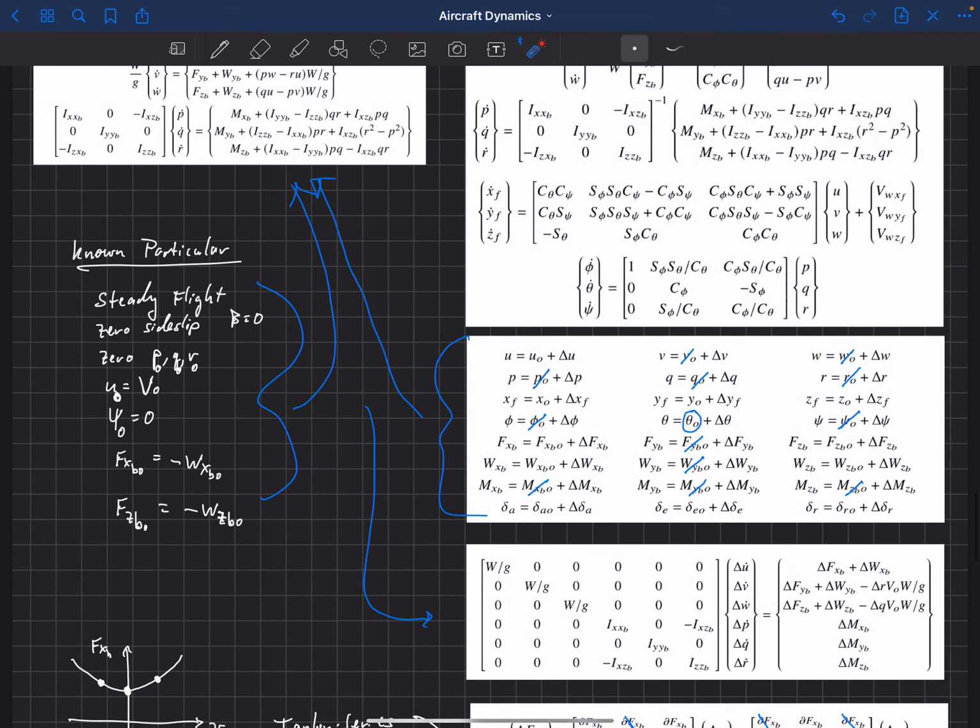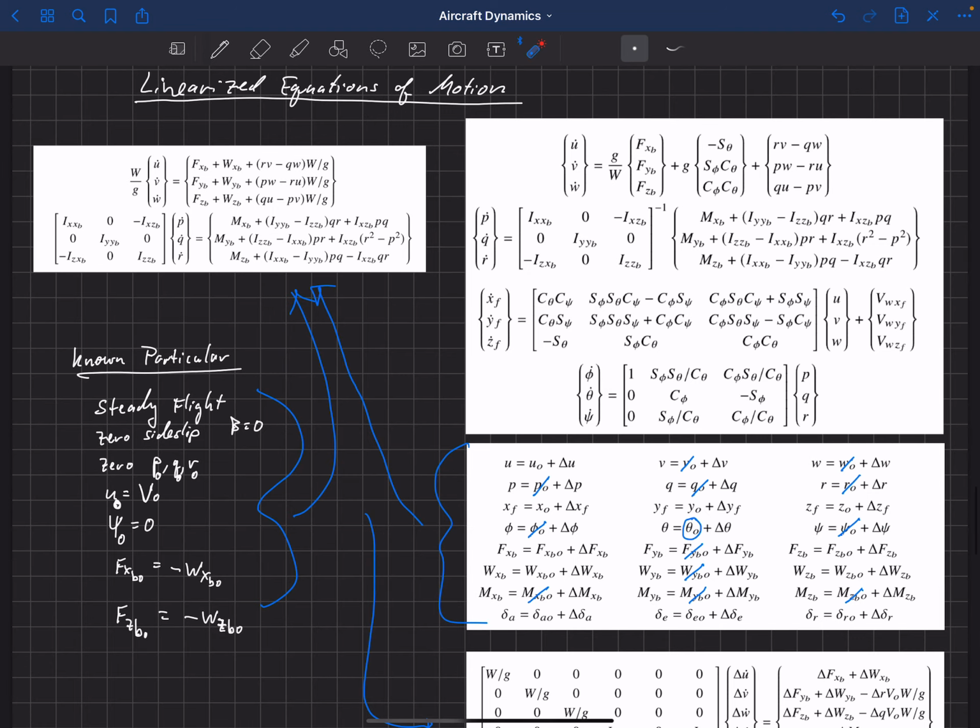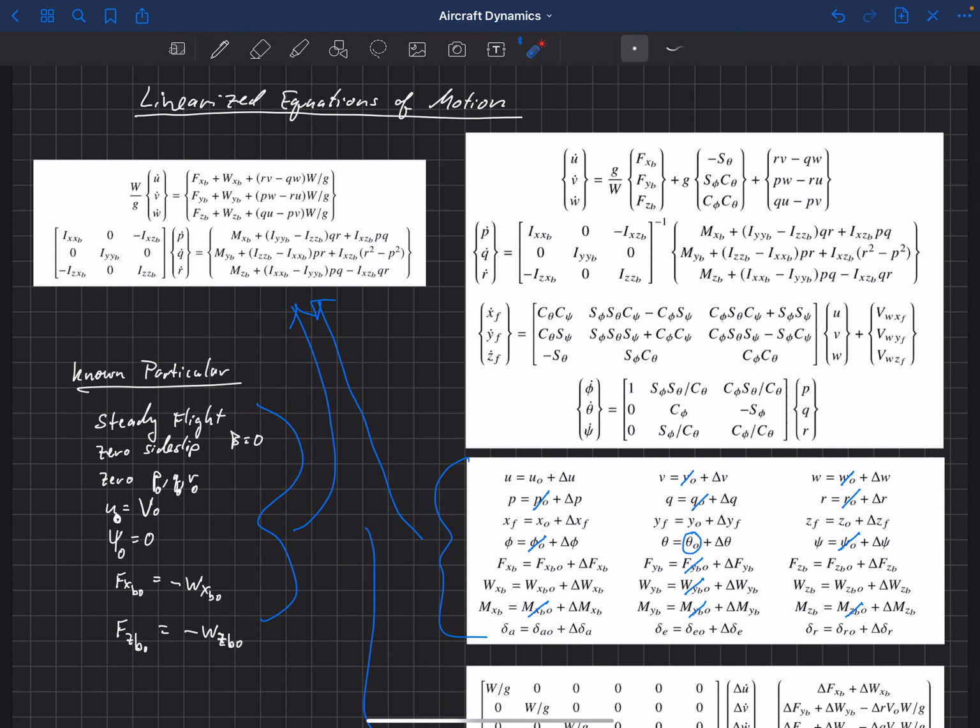And the really cool thing about that is that originally, in our nonlinear system of equations, these were highly coupled, meaning between longitudinal and lateral. For example, u, which is a longitudinal term, depended on v, which was a lateral term, and r, which is a lateral term, and then v depended on u and w, which are both longitudinal terms. So if we divide these up into longitudinal and lateral, our original equations were highly coupled.